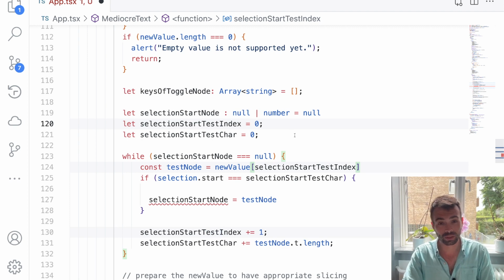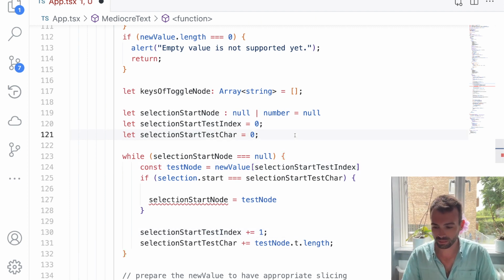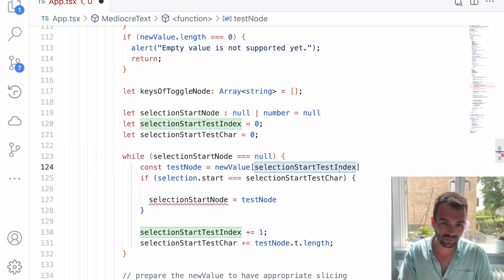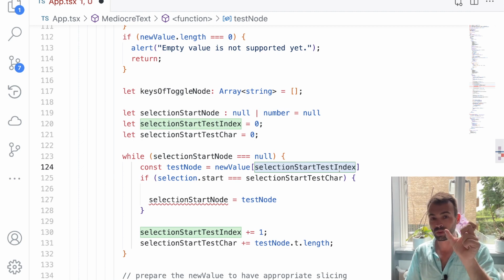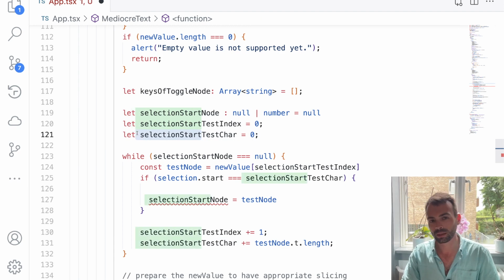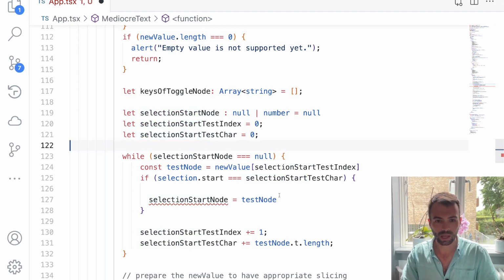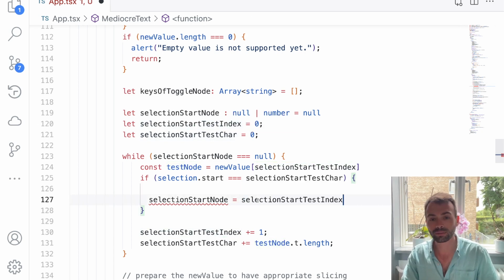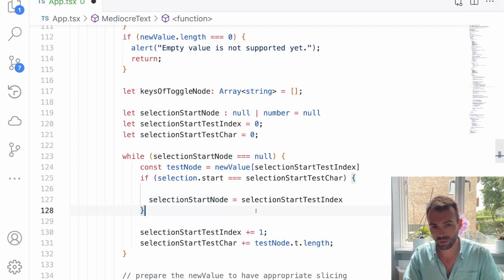Getting these variable names right is so useful. Not just because there's maybe people watching me trying to understand what is going on, but also for my own brain. It's always worth finding better variable names that make sense to you, because these are the things we're using to test to find the selection start node. So confusing. But it's the test index. This is the case where the test actually pays off, and we are assigning the selection start node. So if the selection start is equal to the selection start test character,